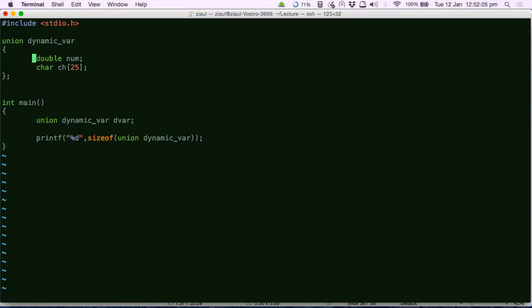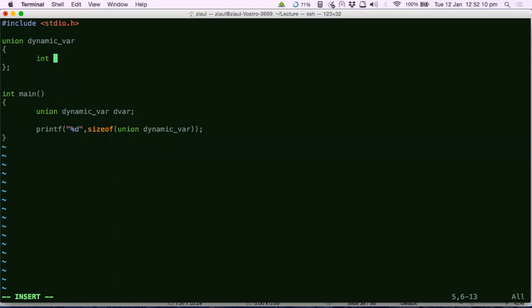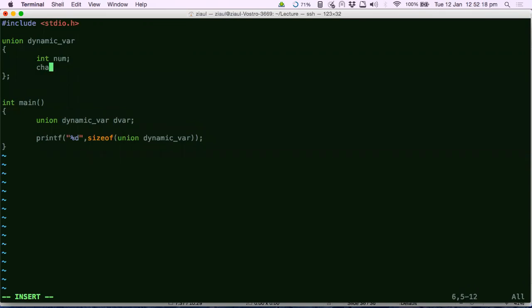Okay, so I wanted to show you something actually here. The unions in more detail. So let's say you have an integer num, and then you create this. Now, I have told you that you can only store one type of data in a union. So let's say you stored a number 97.